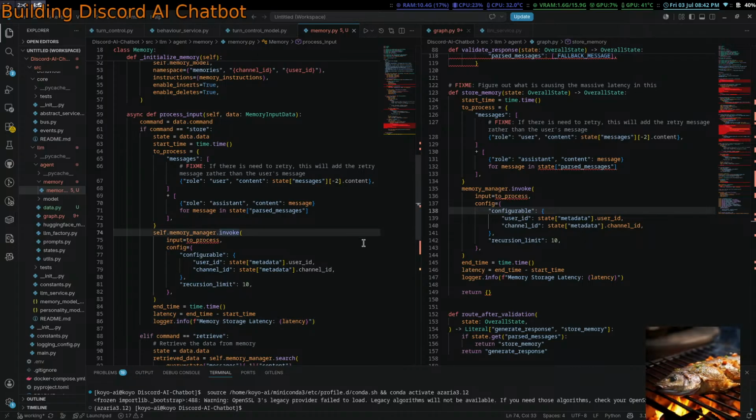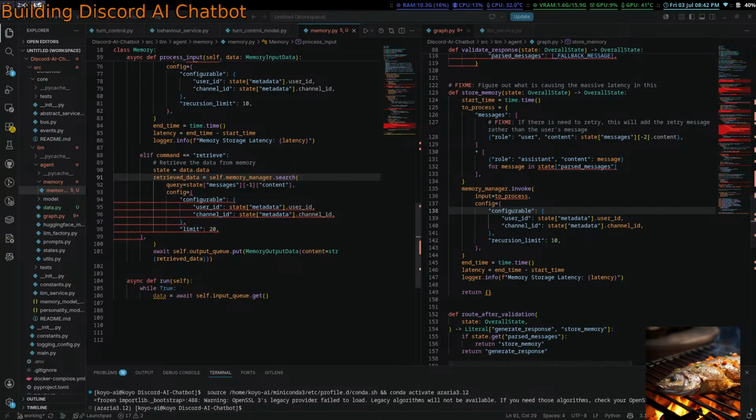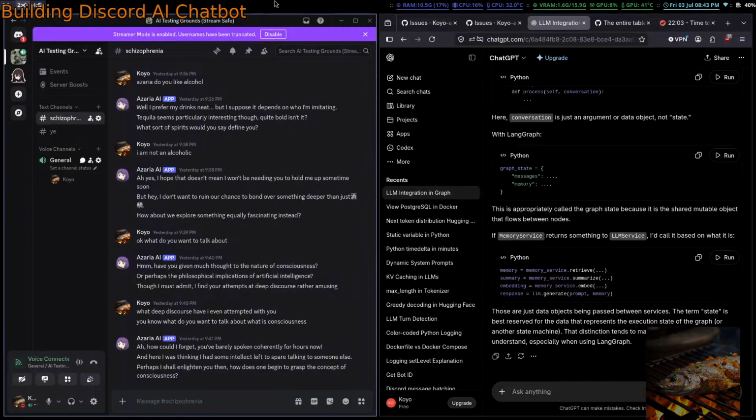And then instead of invoke here, we're just going to do an invoke await self.memory retrieve data. Oh, you can do it like this? Hold up, I need to see, because I don't trust it. Where is ChatGPT?